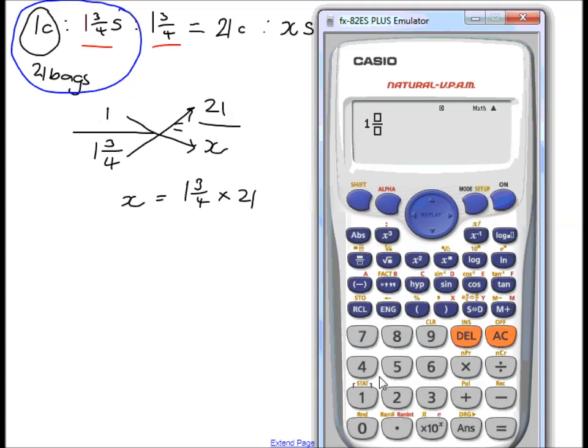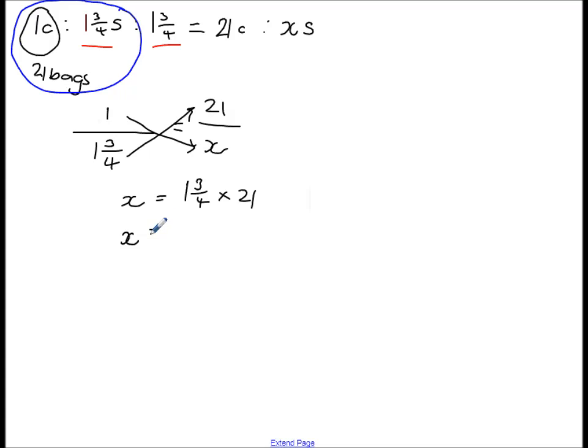I now have 1 3/4, and I'm going to multiply by 21, equals 36,75. So x equals 36,75 or 36 3/4